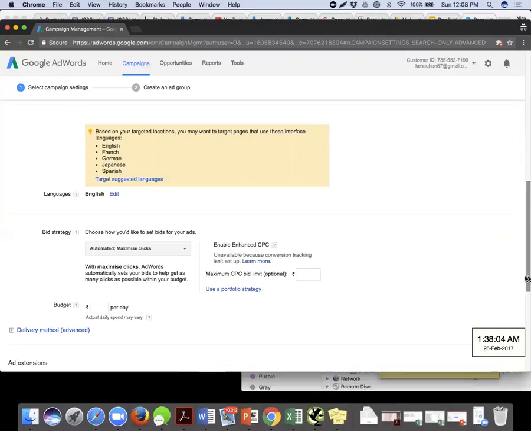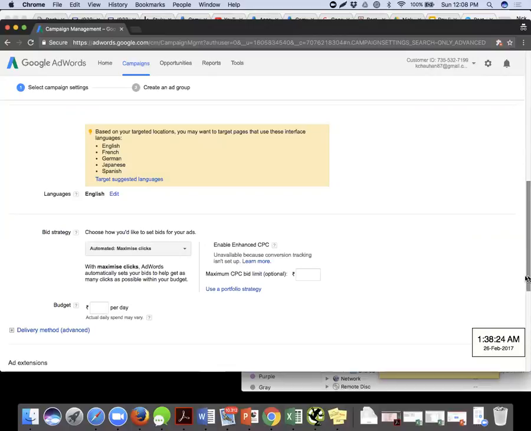So if you are targeting somebody, let's say your audience is in France, French-speaking people, and they use only Google in French. So you can go ahead and create ads targeting those people.